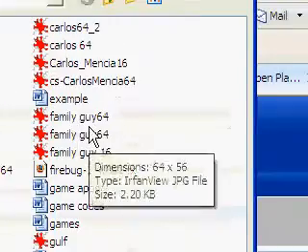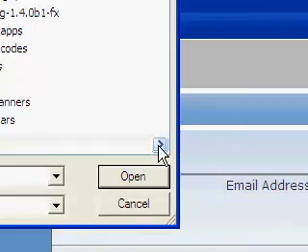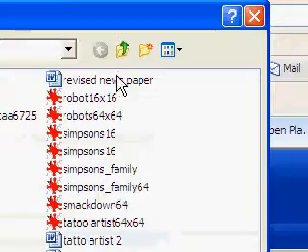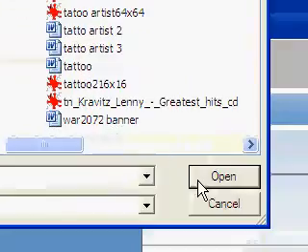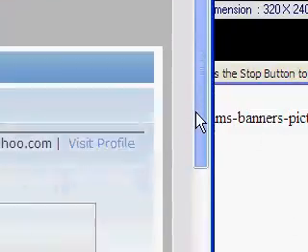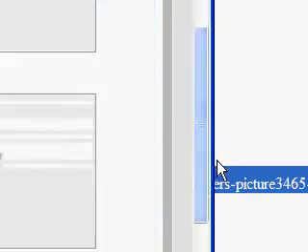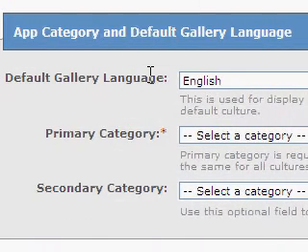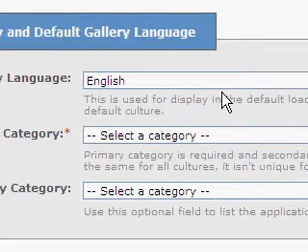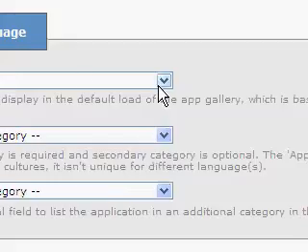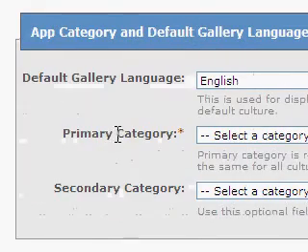Okay, so now you have done that. Now let's scroll down to the bottom of the screen a little bit more. You will see app category, default gallery, and of course, again, leave your language at English. Now you got primary category, secondary category. Your primary category will be games, due to the fact that it is a game, and then your secondary category